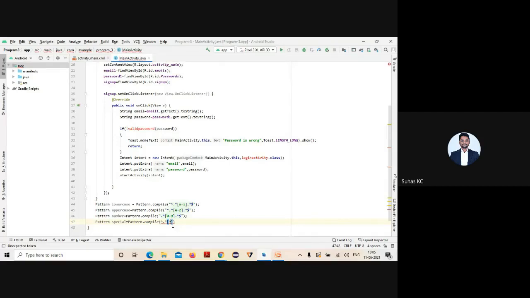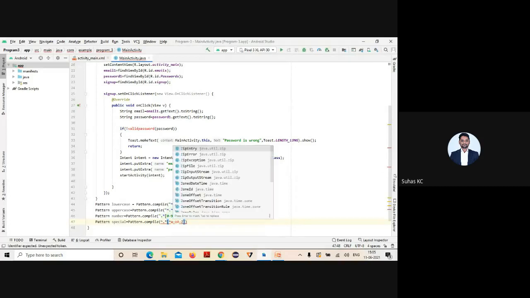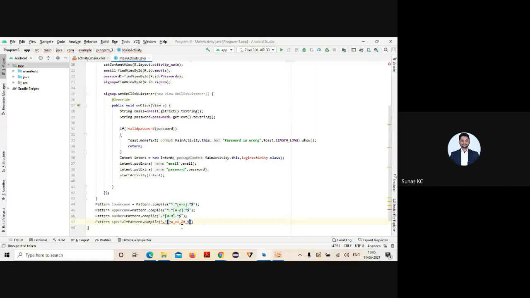Whenever I specify this caret symbol inside your character class, that indicates negation: other than your lowercase letter, capital letter, then 0 to 9.